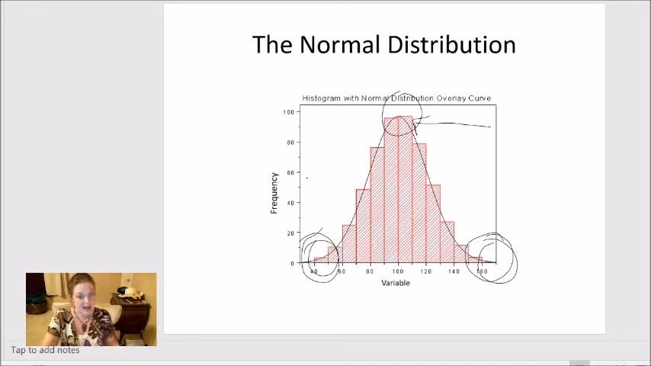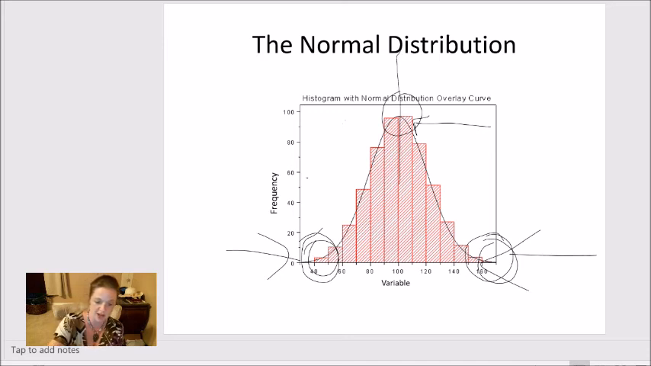And it is a symmetrical distribution. That means the left side of the distribution looks the same as the right side. If I drew a line down the center of the distribution, everything on the left and everything on the right is the same. If I folded it in half, it's roughly symmetrical. And skew then